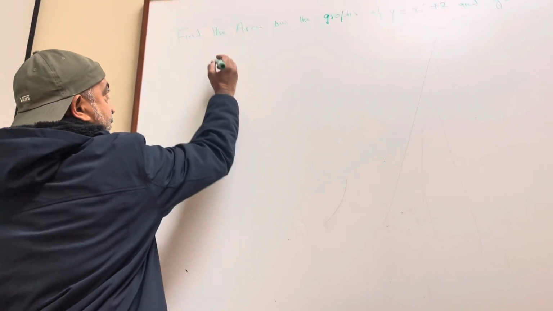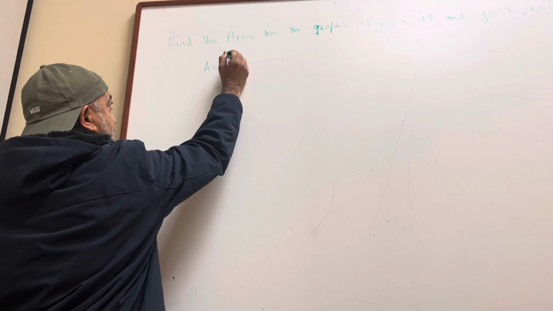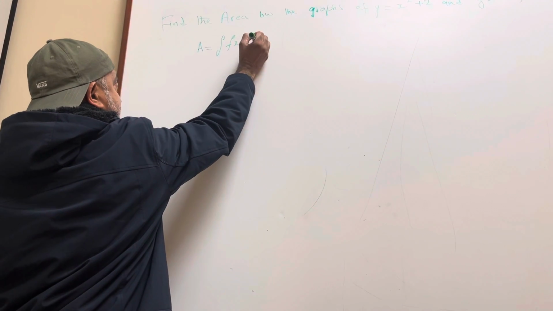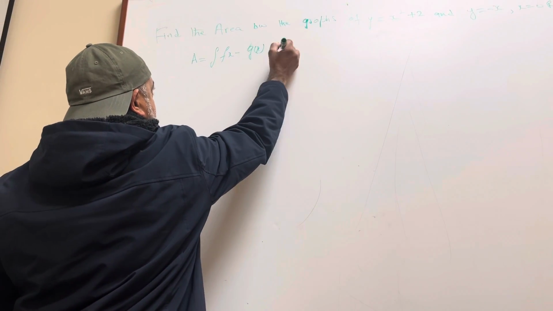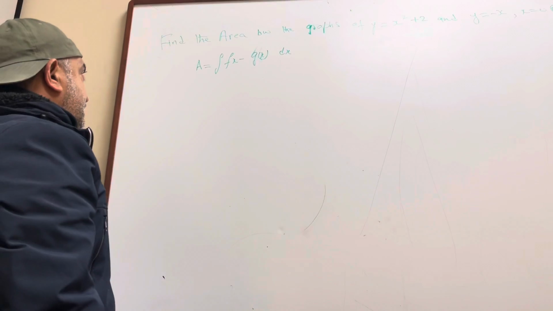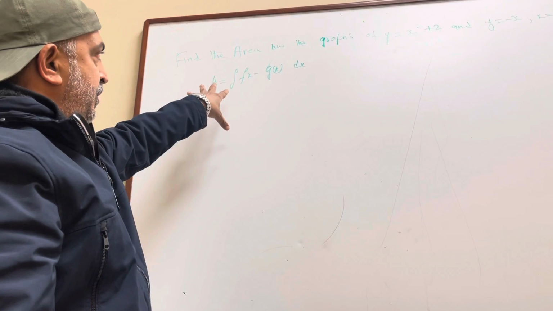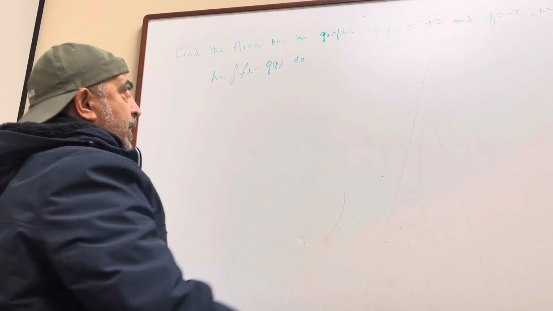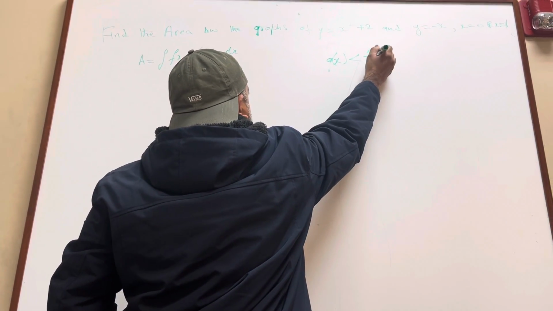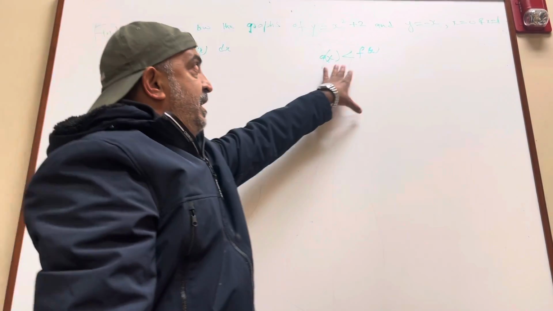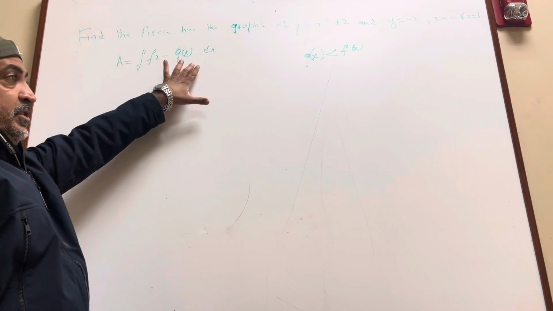for the area, the formula which we will use for the integration is area is equal to the integral of f of x minus g of x, dx, with the differential operator dx. This formula is applicable when g of x, let's say any function, is less than the function f of x. So if we have g of x less than f of x, the area of the integral will be f of x minus g of x